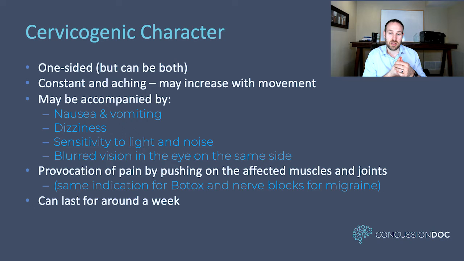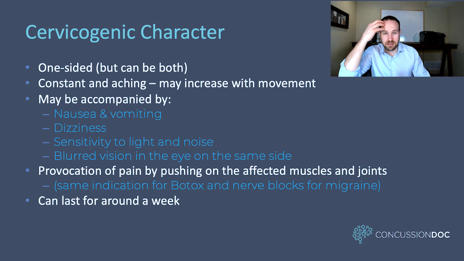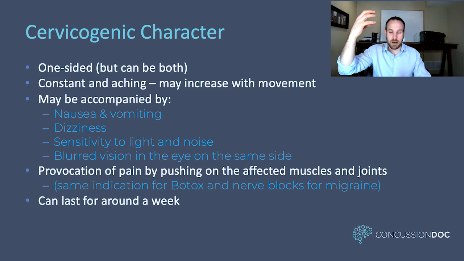Cervicogenic headache, if you look at the definition of it and the diagnostic criteria, it's one-sided usually, but can be both if you have dysfunction on both sides of your neck. But usually it's considered as being one-sided. It has characteristics of photo and phonophobia that are associated with it. It's usually always on the same side, which is also characteristic of migraine, because if you have a neck dysfunction on this side, a joint that's inflamed, for example, you're always going to have that referral on the same side. It doesn't cross over, so it's always going to be on that same side.